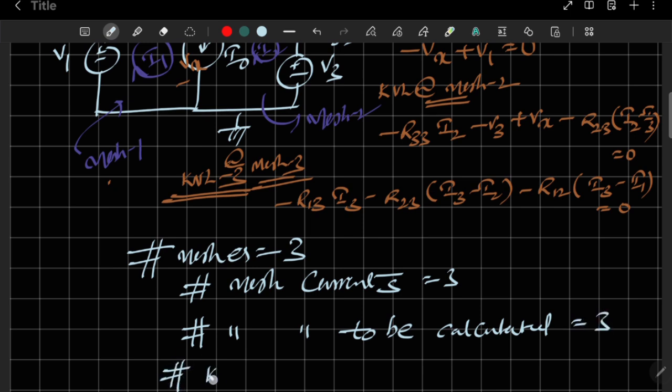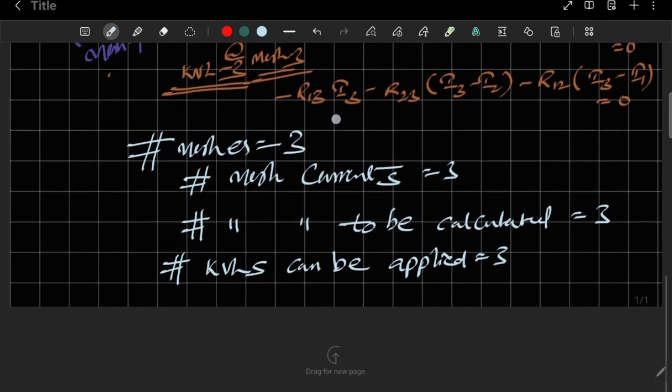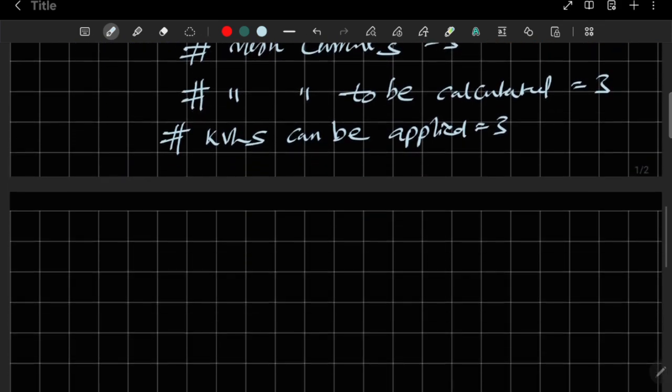Okay, the number of KVLs that can be applied is equal to 3. Number of equations obtained is equal to 3, but